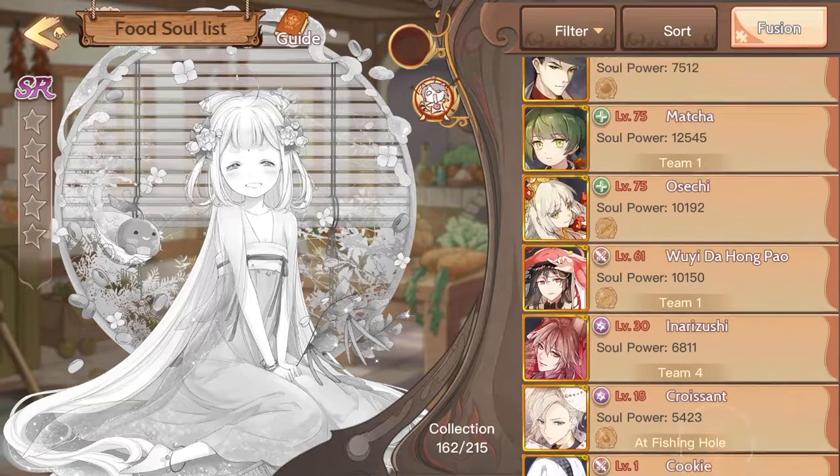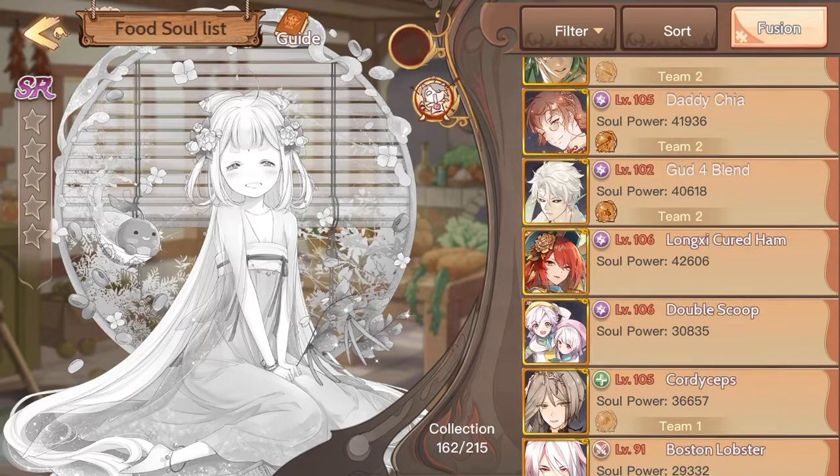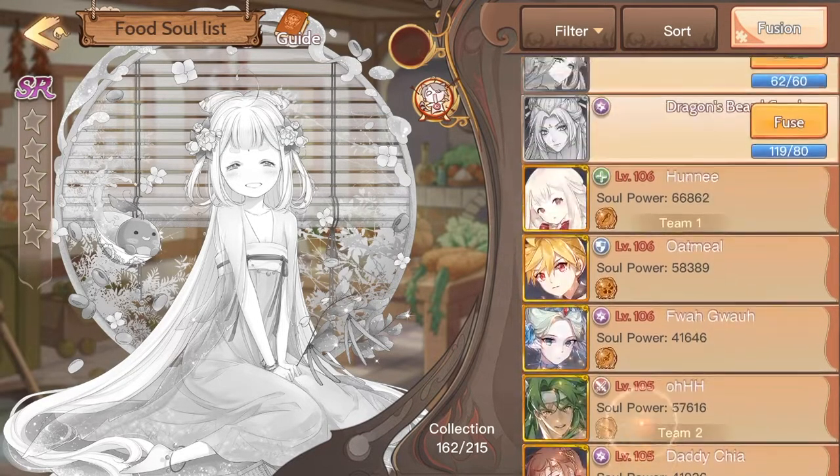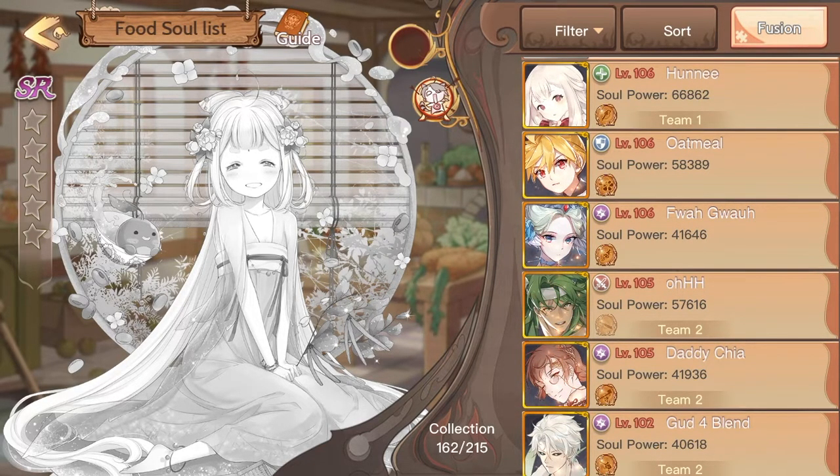Basically, you want to read up on it on your own time, or ask the Food Fantasy Discord which ones are competitively good, because these artifacts are very expensive, so you want to only invest in so many on your team. So for example,